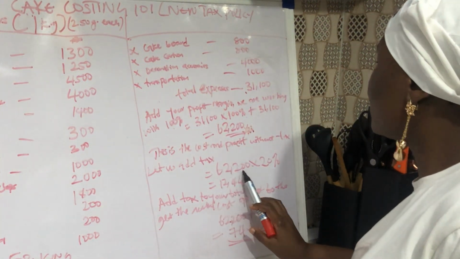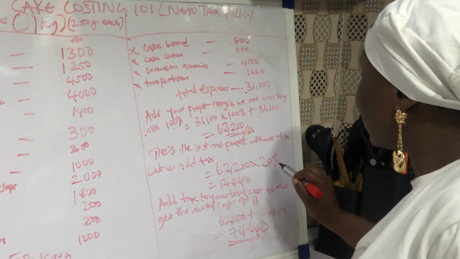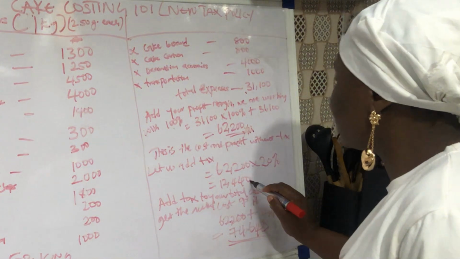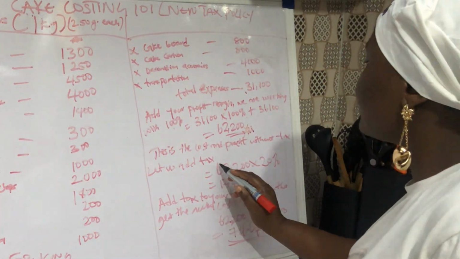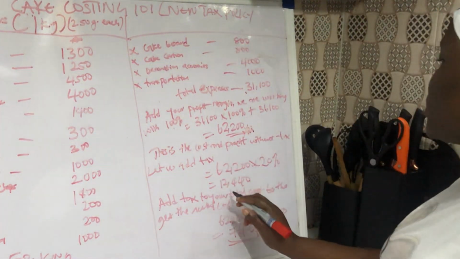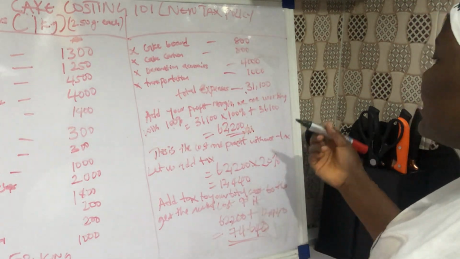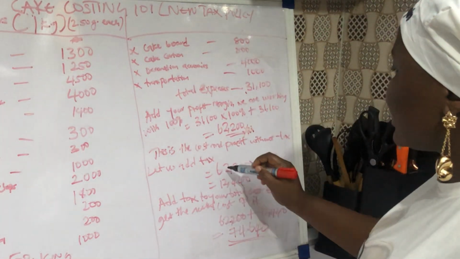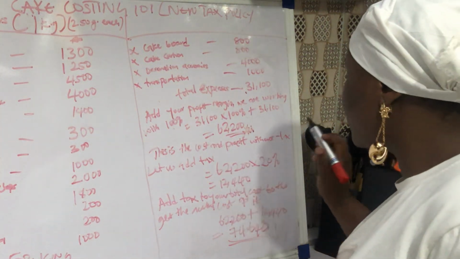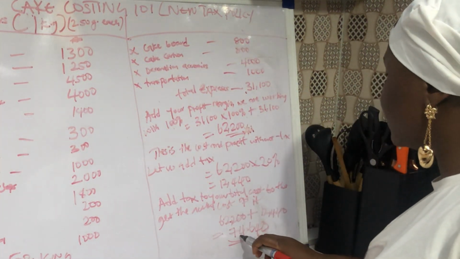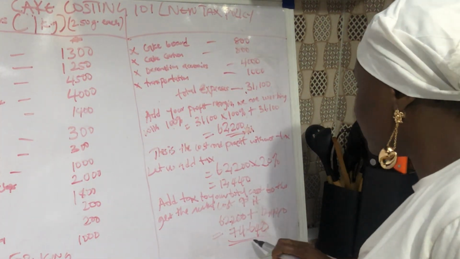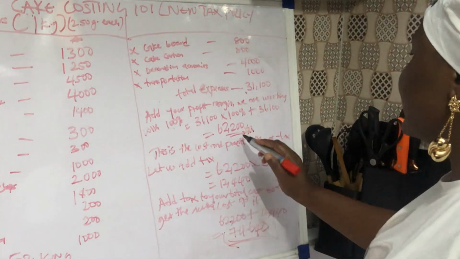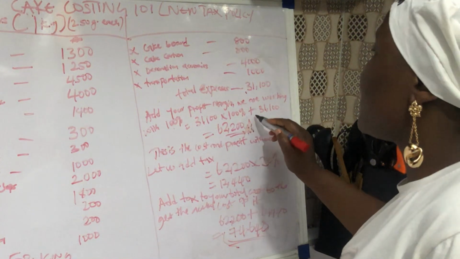So it would now be 62,200 times 20%, that is 12,440 naira. That's 20% of 62,200 is 12,440 naira. Now we are going to add that 20% to our total cost of 62,200, which is 74,640 naira. So if you want to cost for this cake now, this is your total cost plus your